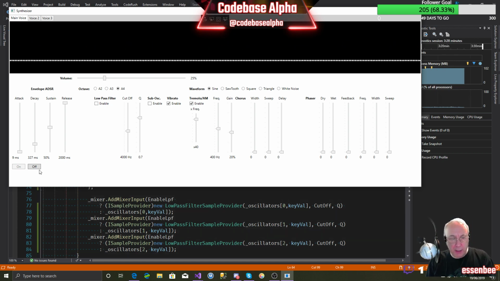So we need to remember some of these presets. I've got a bit of paper, just going to write that down. So we had an attack of 9 milliseconds, a decay of, I don't know, 350 milliseconds, let's say, a sustain of 50%, a release of 2 seconds. We had vibrato, and we had AM at 400 hertz,